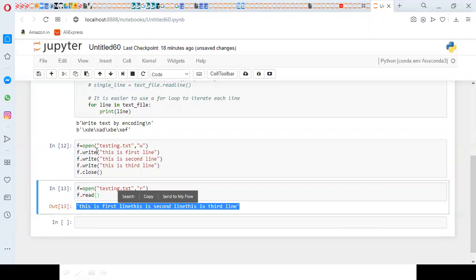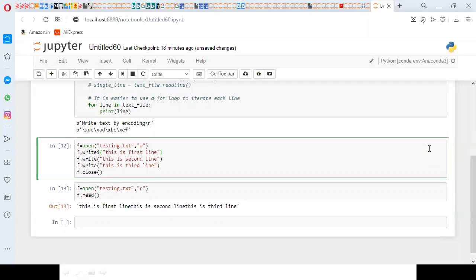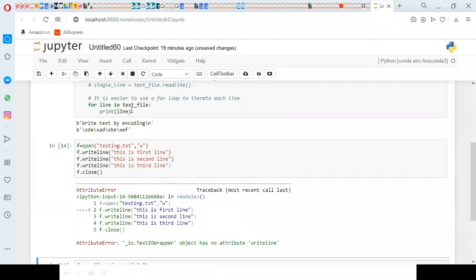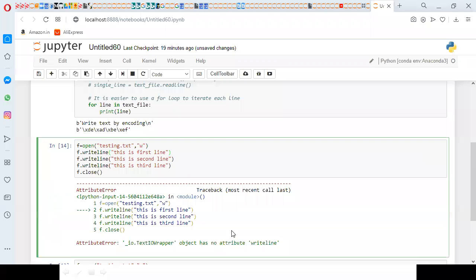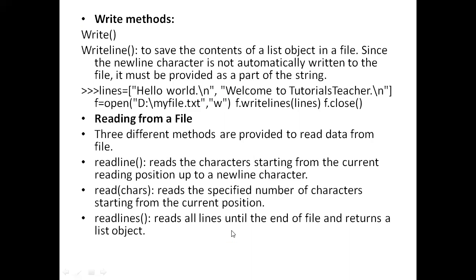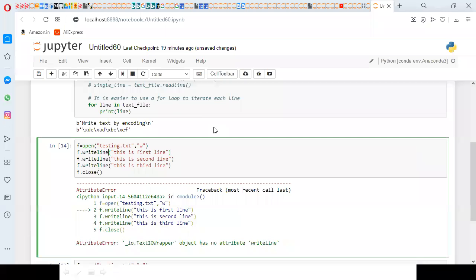Assume I use f.writeline. I'm executing this command. Sorry, writelines, I think so. Writelines.